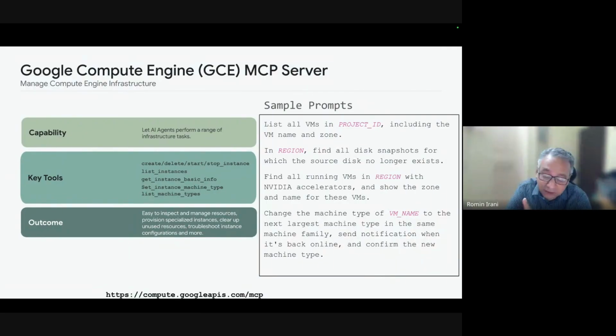In a sense, it's not just about creating, managing the instances or listing instances, but you can actually even find out what's the current instance machine type, and if you've got access to, let's say, your machine usage, or how much percentage of it is getting used, or probably if you're hitting some memory limits or not hitting them, you could literally get other machine types slightly lower, slightly higher, and even update or set instance machine type